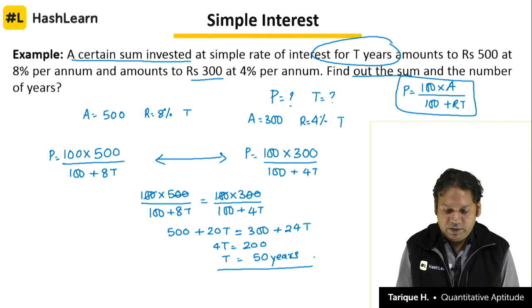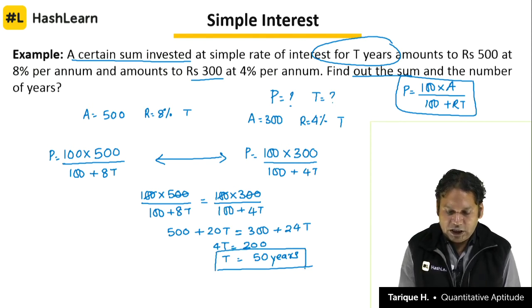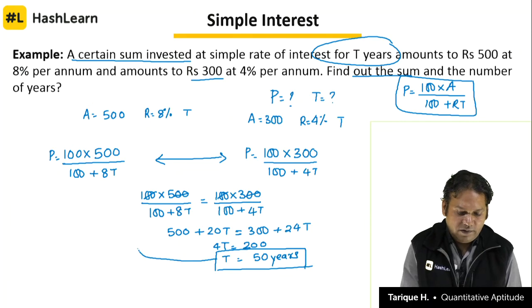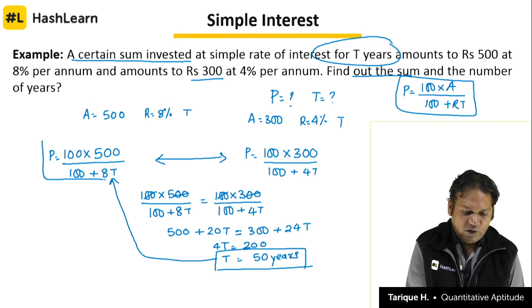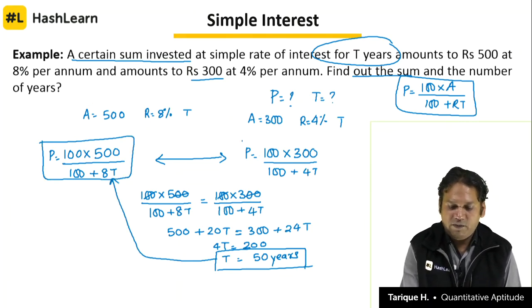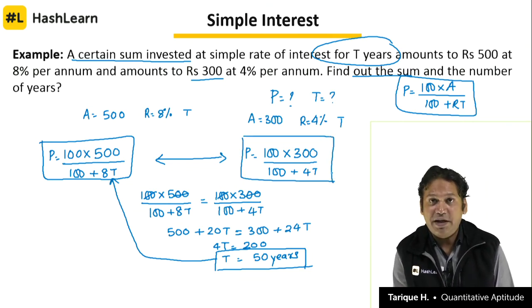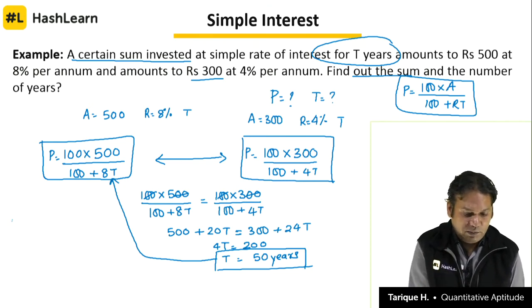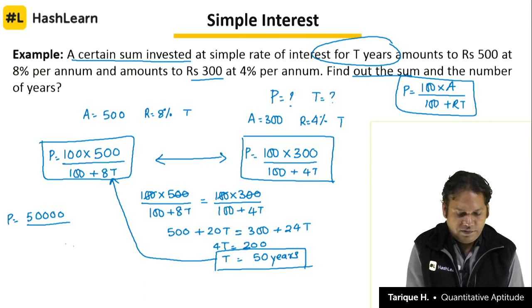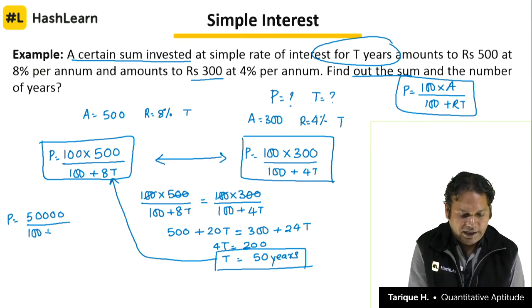Now how will you find out the principal? Now that you have found out the time, you can substitute this value of time in the first formula of principal or in the second formula, whichever formula you want. You can substitute T there and you will immediately get to know what is the principal. So let us say here P is equal to 100 into 500, 50,000 divided by T is 50. So 100 plus 8 into 50,